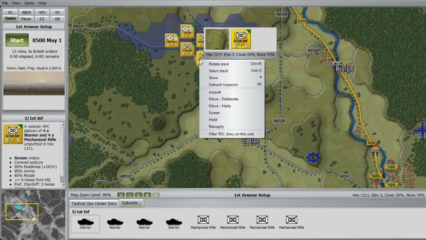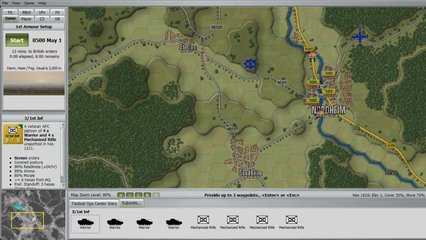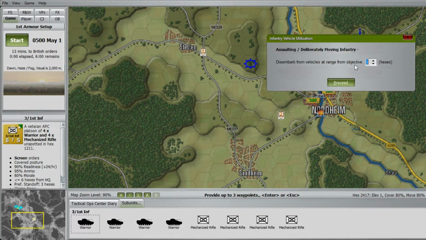This first guy, this first mechanized unit, I'm going to move him deliberately down to there, and he's going to go and be put on hold over there. Now I'm going to explain this. I didn't explain this. How this works is you can disembark from your APCs or your vehicles 1 hex before. So if I set it at 1 hex, he will... I can't see it here. He will disembark on...